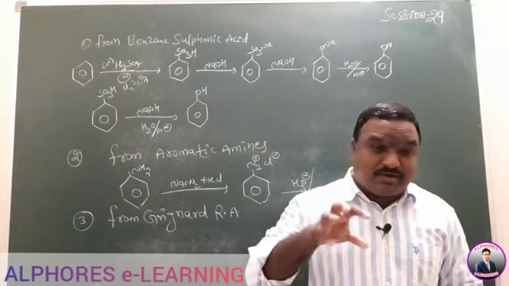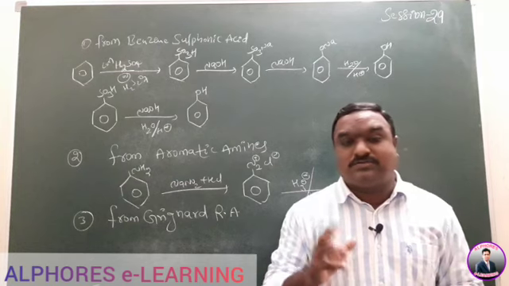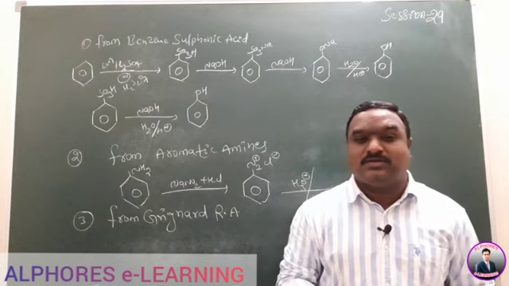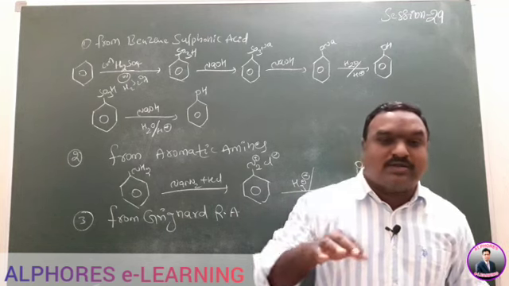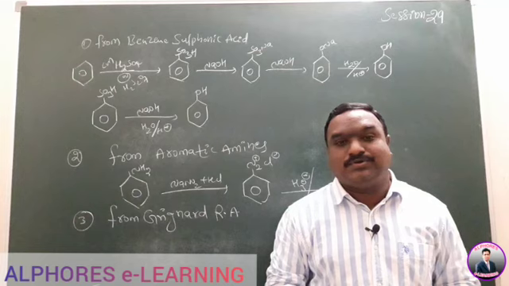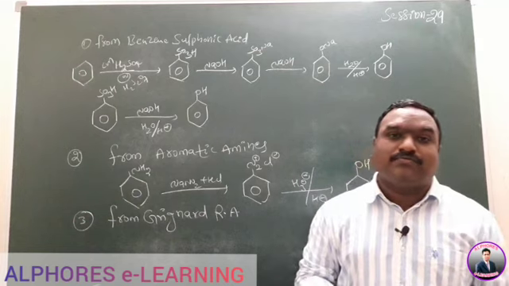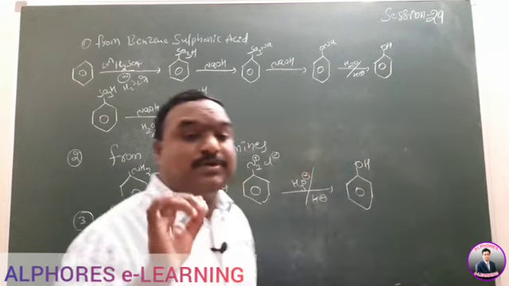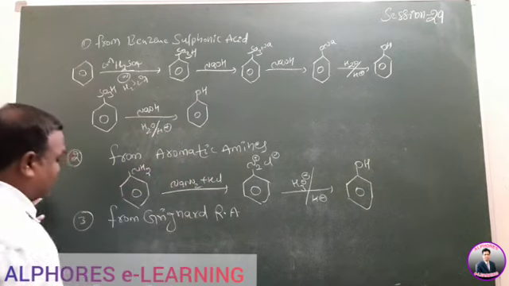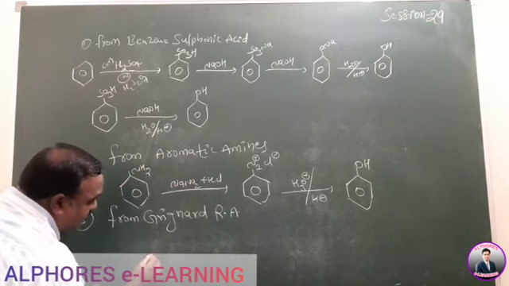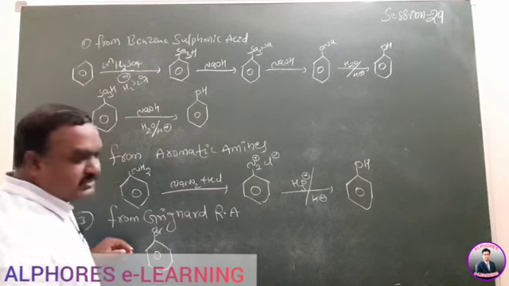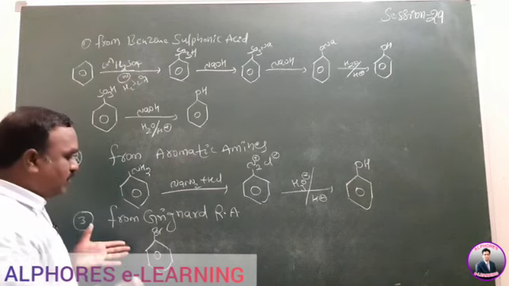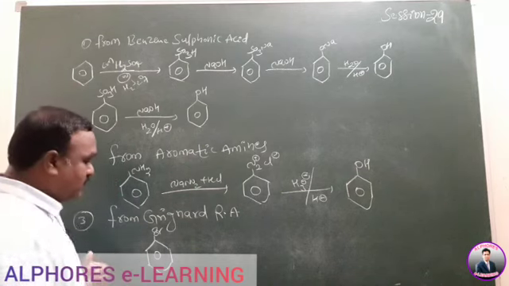The formed Grignard reagent undergoes oxidation with half mole of oxygen, then forms the oxy compound. If you do hydrolysis, we'll get phenol. That means here a benzene compound is given, nothing but bromobenzene or chlorobenzene. Here bromobenzene, chlorobenzene, or iodobenzene is given. Whichever one you can take in this reaction.